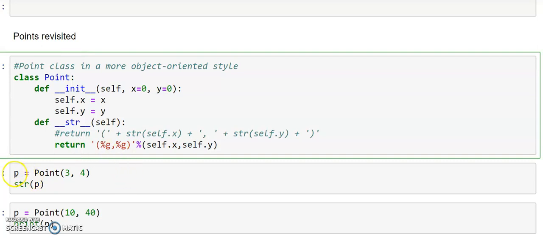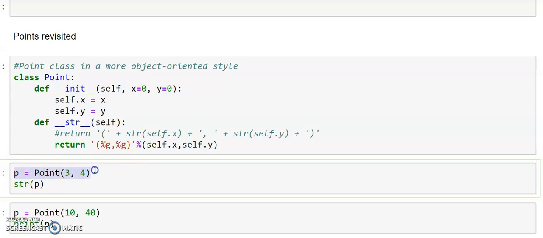Here we created a point of this type, passing the values 3 and 4, and invoking the str method. The normal way converts this point object into a string. Now, how this str works without this and with this, we'll discuss.